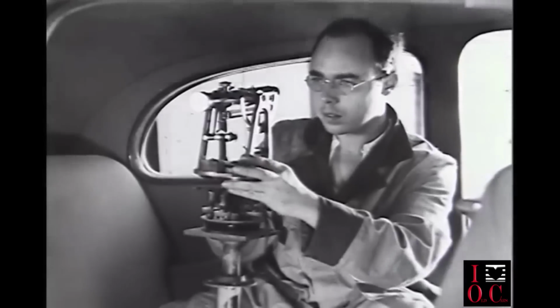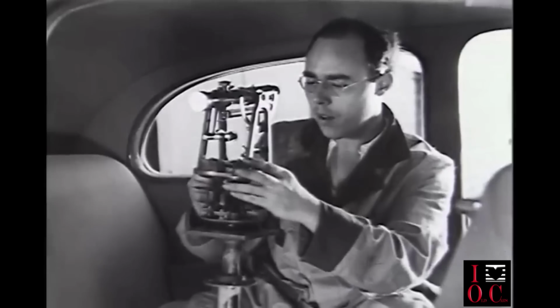Now let's make a similar test with a car not adequately stabilized. We set the crosshairs on the level indicator of the guidepost. Now, the car starts its circular journey. Uh-oh, see how the level indicator seems to dip as the car starts to heel? As speed increases, the angle of body roll becomes greater until the guidepost is almost lost to view. That's a scientific measurement of the same frightening leaning you experience in rounding a curve in a car not properly